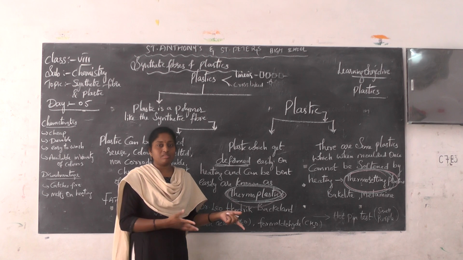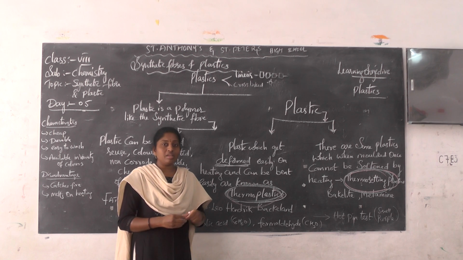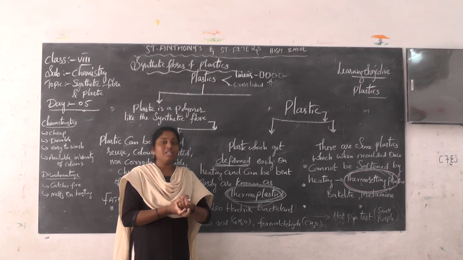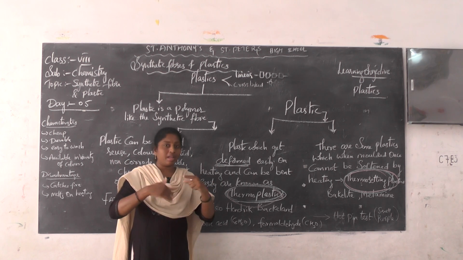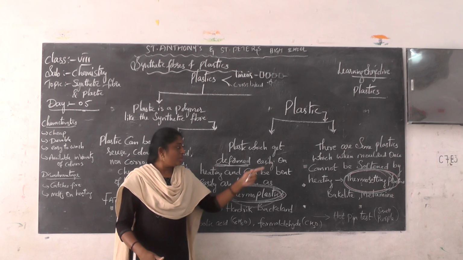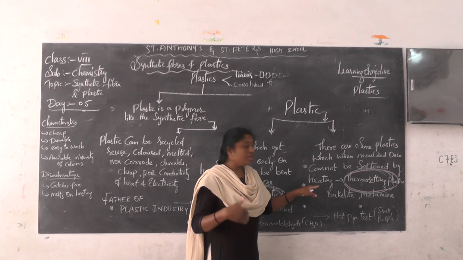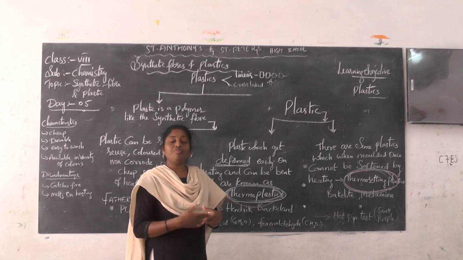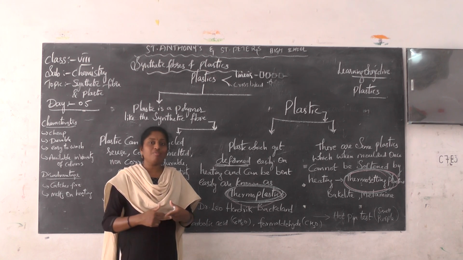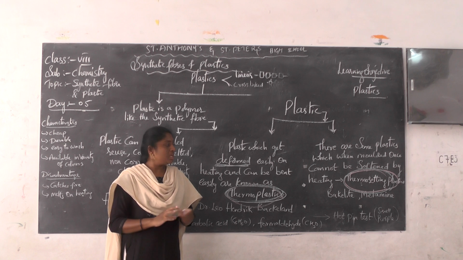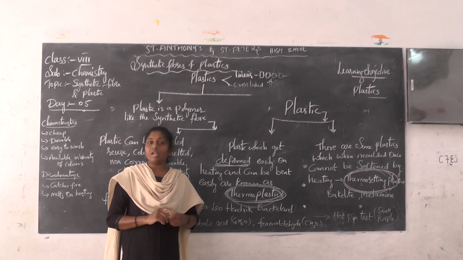The ordinary plastic, simply we can say, comes under thermoplastic. But with thermosetting plastic, once you give the shape to the plastic, it won't be remolded again. It is molded only one time. Even if you pass a large amount of heat, it won't be molded into another form. That is known as thermosetting plastic. Examples are Bakelite and melamine.